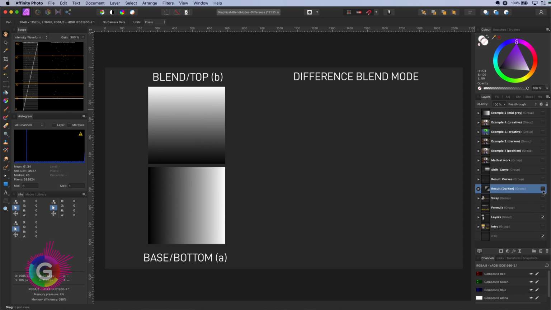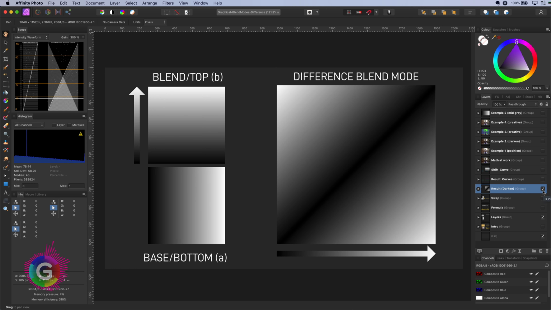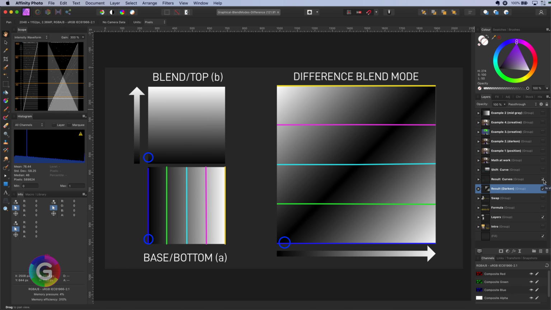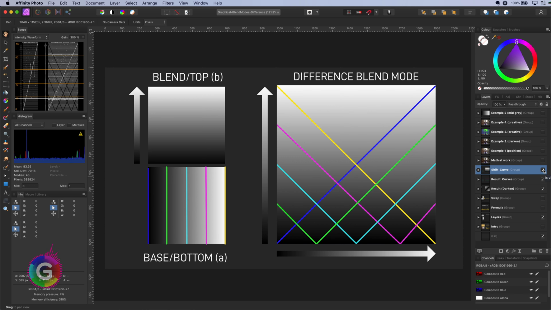Let's blend the top and bottom layer and analyze the result. The result is quite interesting. We have a diagonal bar, and from this diagonal bar it fades out to white. If we look at the result curve, you notice the lines from the base move vertically through the blended layer. A more interesting curve is the next curve, showing the shift in color as they get blended from black to